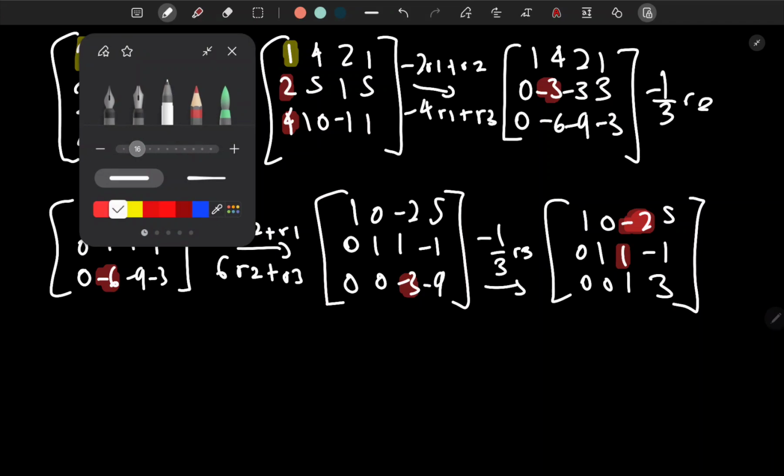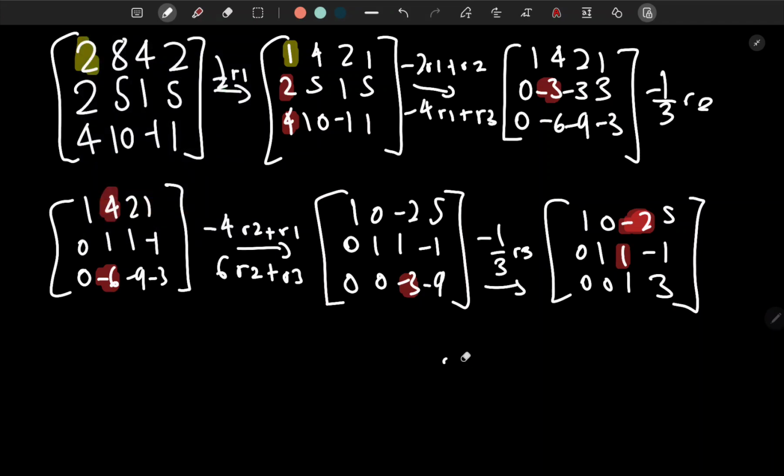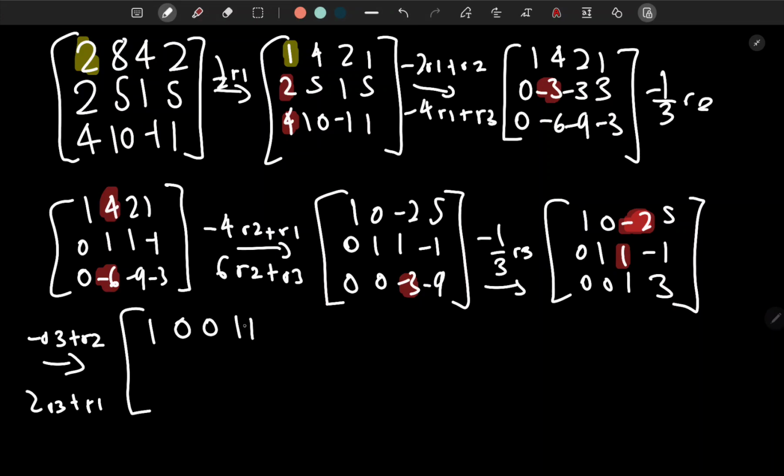And we can do that by doing minus R3 plus R2, and then 2R3 plus R1, and the final answer would be 1, 0, 0, 11, and then we have 0, 1, 0, minus 4, and 0, 0, 1, 3,